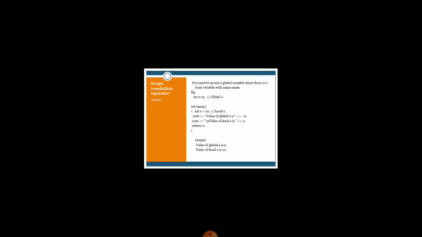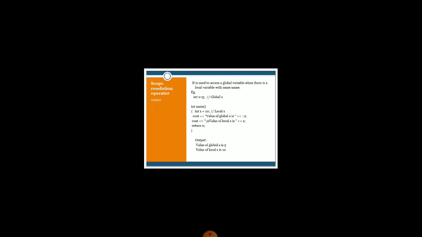Okay. Now, the next operator is the scope resolution operator. The symbol is simply four dots. Basically, it is used to access the global value rather than the local value. Now, what is the meaning of local and global value? In simple language, we can explain that the values declared inside the curly braces are called local values, and the values declared outside the curly braces are called global values.